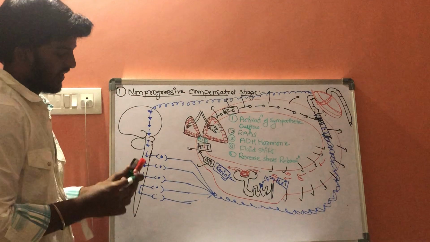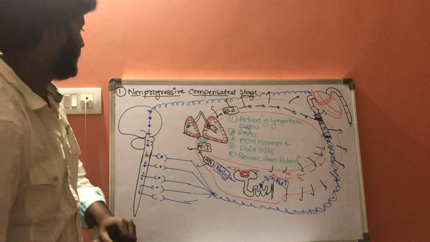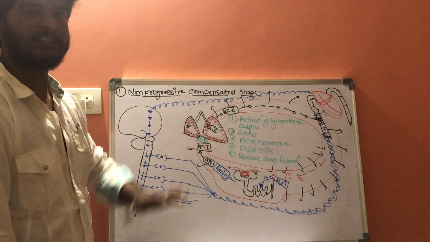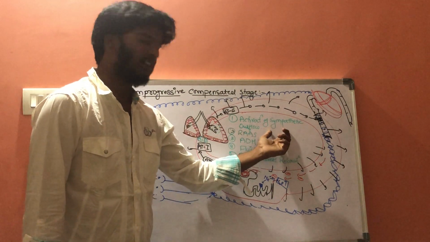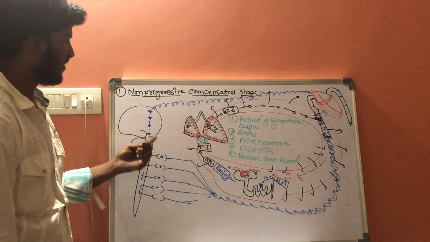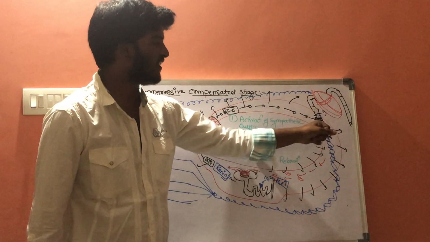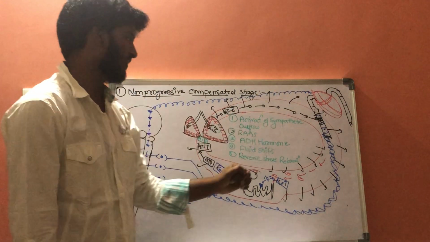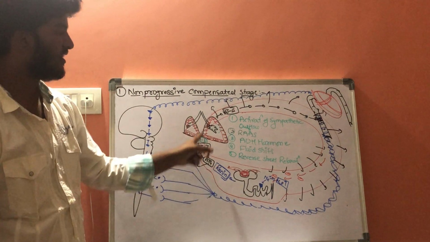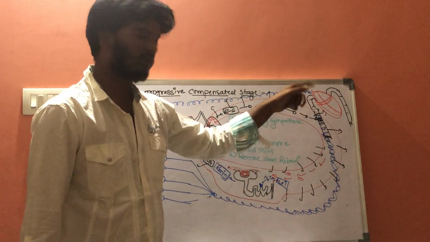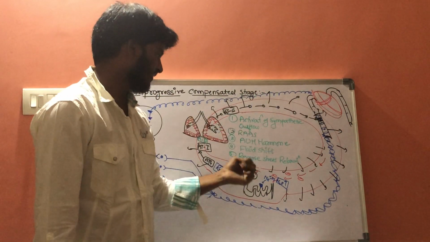Reverse stress relaxation mechanism. So these are the 5 different types of compensated mechanisms which can be seen in the non-progressive compensated stage. Whenever a person is bleeding, there will be activation of sympathetic outflow. Whenever the sympathetic outflow is activated, it will work as a venoconstrictor and constrict the veins, resulting in an increase in the blood pressure. That is the first one. Second one is the renin-angiotensin mechanism. It produces renin. In this way, whatever angiotensin 2 is formed will act as a venoconstrictor and increase the blood pressure. And third one is ADH.